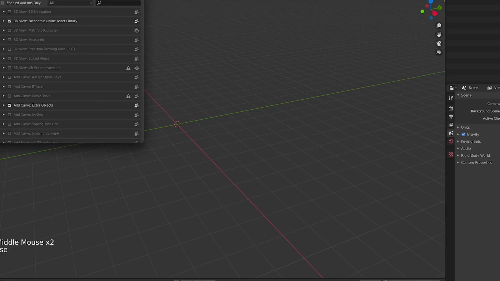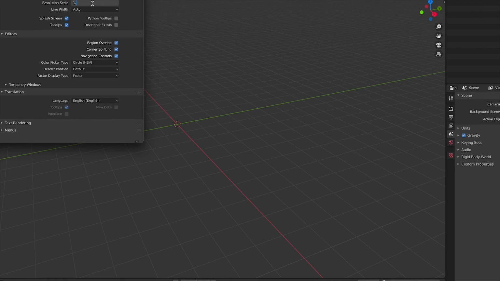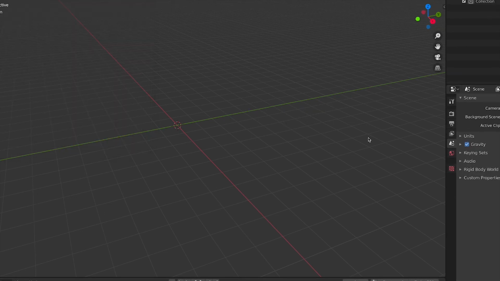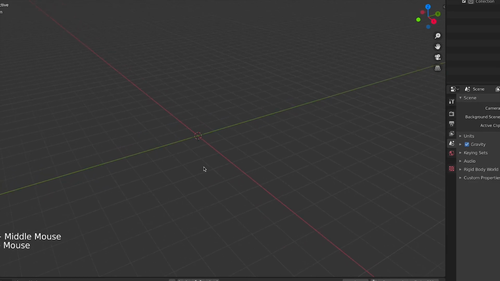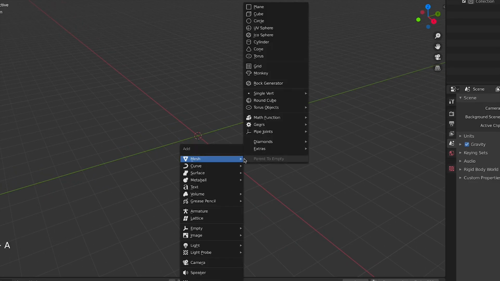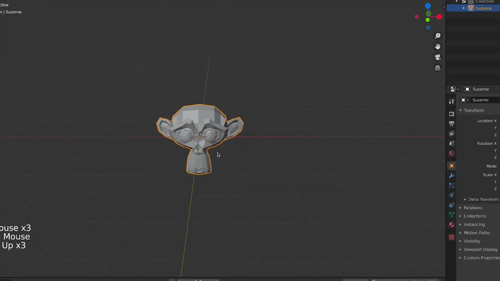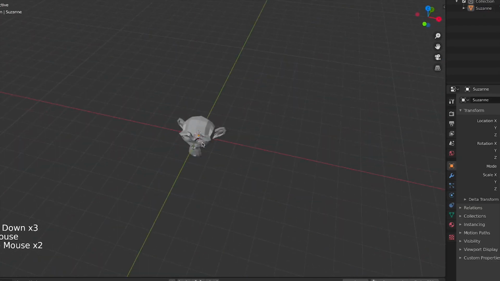Right now I'm going to increase the interface resolution a little bit. Let's make it 1.2. Now our icons are going to become a little bit larger so we can see them better. And now with Shift and A I'm going to bring a new monkey to our scene, the Suzanne monkey. You can find it under here, monkey. And Suzanne is basically a complex mesh that Blender uses for representing